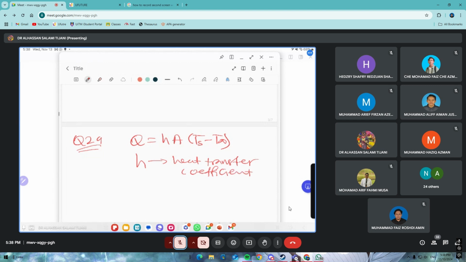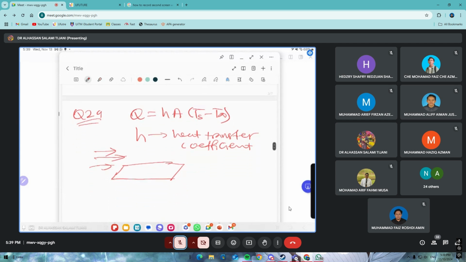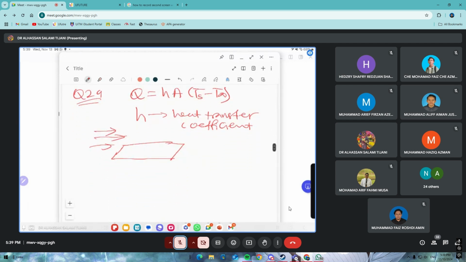All right. So this heat transfer coefficient is not a property of the material across which the heat is flowing. Okay. So here we have fluid flowing across a hot surface. This h is a parameter which depends on